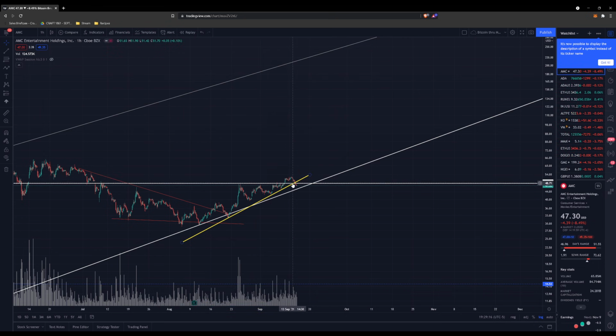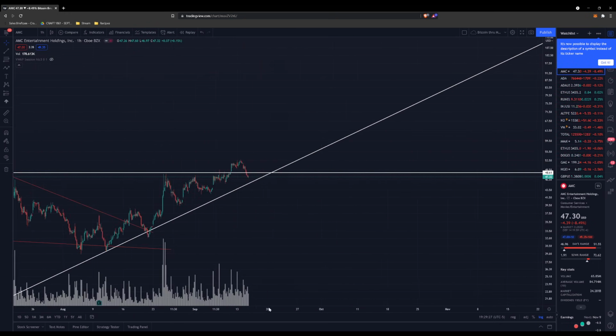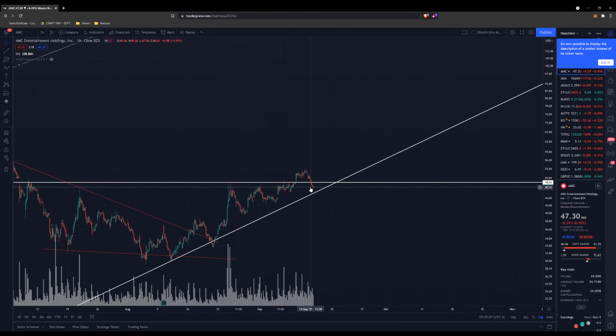And now what we're doing, right? Obviously that ascending wedge still stands, but what we could be having here is you're still in the region of a retest of this area, right? This is a well traded area. There's a lot of support here, down to this 45, 46 region, right? I'm telling you that this is the type of thing where it might act as just a retest of the triangle.